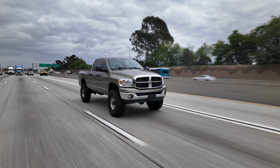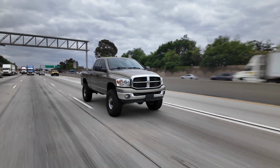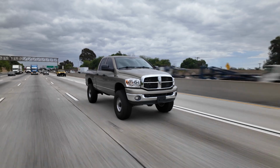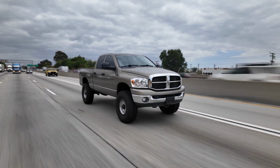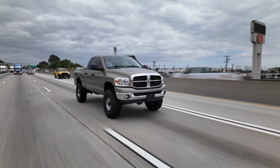She runs good. I can't say enough, if you've never driven a modified 5.9 or even 6.7 truck, how much more it brings alive the vehicle. Especially going from a '23 with a 10-speed, the high output 6.7 Super Duty, you jump in a stock third gen, it definitely feels like you're in a time warp. Going with the tuning, the NRE EasyLink with the 5-position switch, that's been really nice. Right now we're driving on the highest setting, and